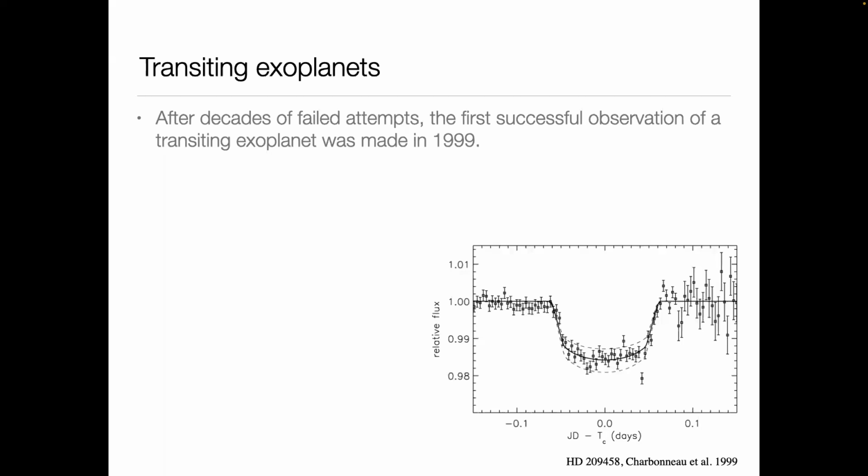For example, let's take this. This is the plot from the very first paper that discovered the very first transiting exoplanet, from 1999. You can see that the relative brightness drop is about 1 to 2%. So you need your photometric measurement capability to produce error bars that are much smaller than this. Hence, that was not within the capability of searchers.